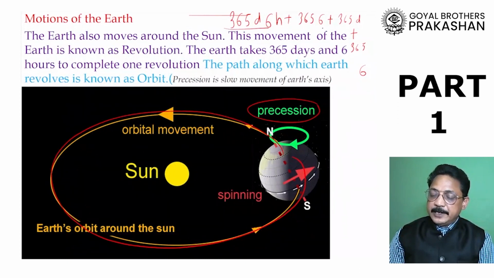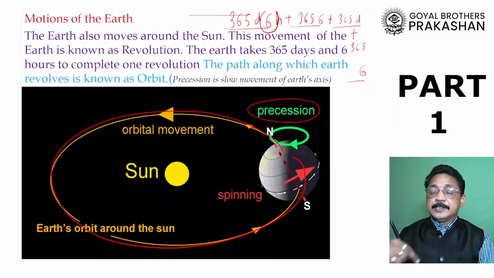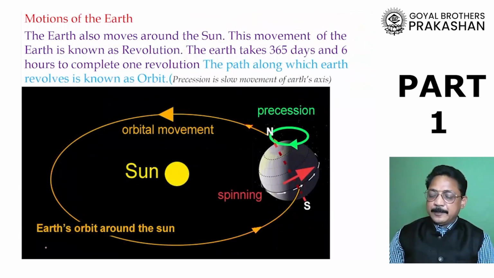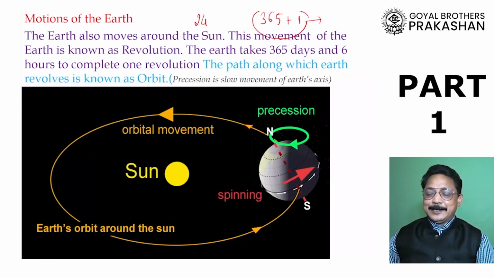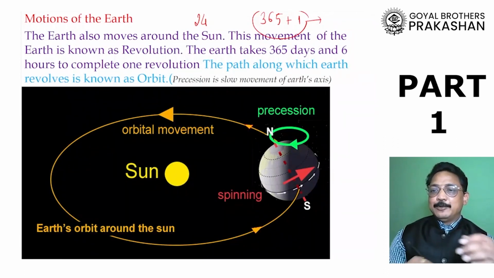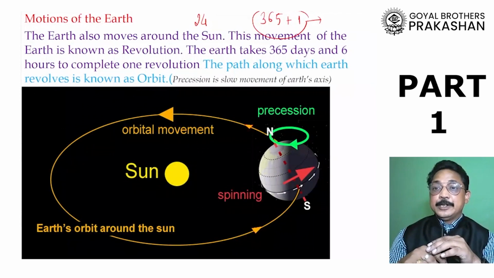Now first year, second year, third year, fourth year. If I take 6 hours from the first year, 6 hours from the second year, 6 hours from the third year, and 6 hours from the fourth year, I get 24 hours. That means one day. So in the fourth year, they add all the 6 hours, and that fourth year will be a year having 366 days instead of 365. And you must be knowing, we call it a leap year.